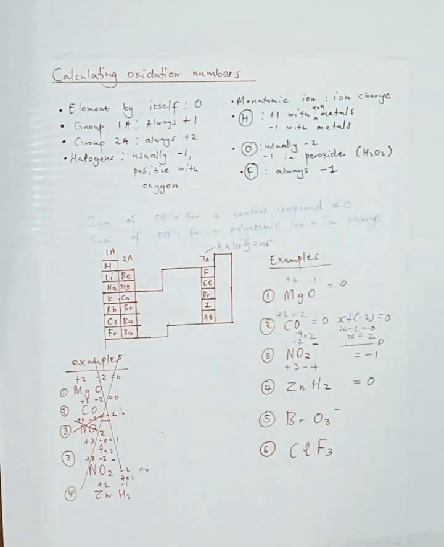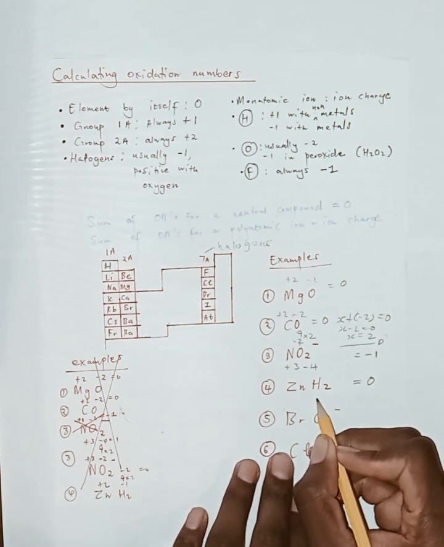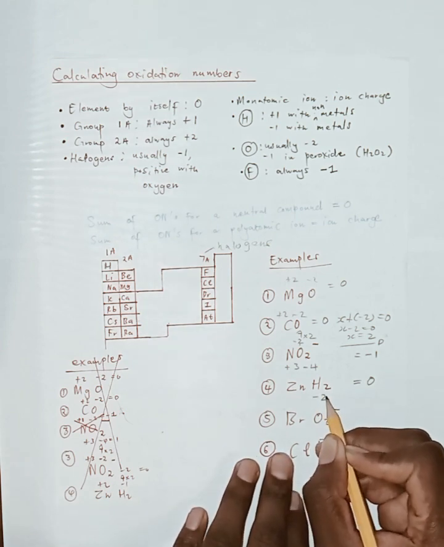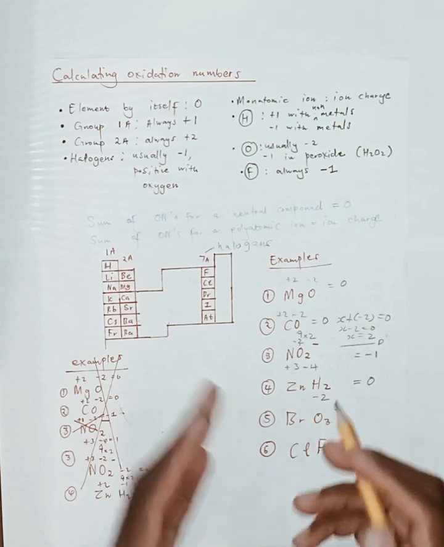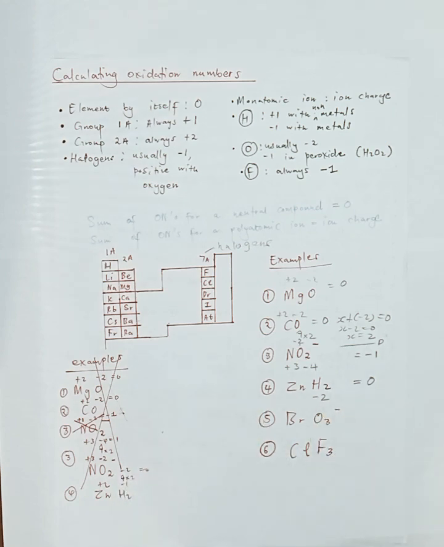So hydrogen here will be -1. The oxidation number for hydrogen will be -1. But now we have 2 hydrogens here. So -1 times 2, that's -2. And then now we need the oxidation number for Zn, a number whereby if we add -2, it must give